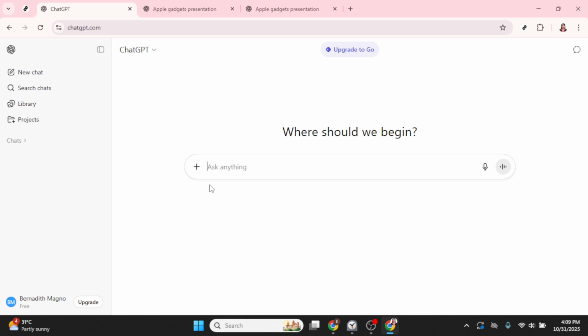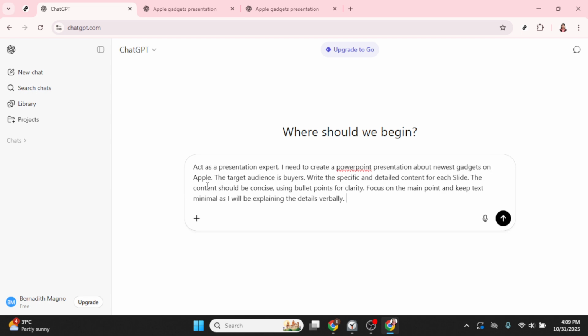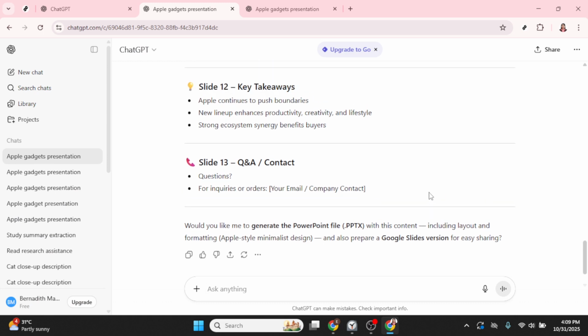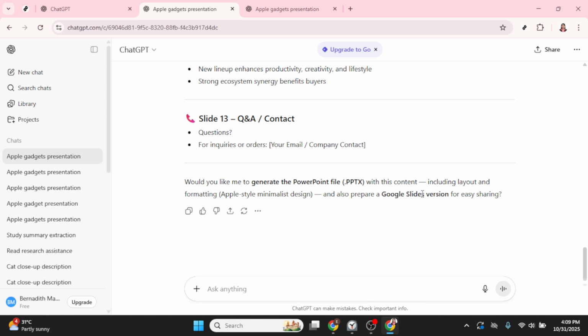In this field, you will start by typing your first prompt. Consider crafting a clear and specific entry, such as, create an outline for a presentation about renewable energy. With your prompt set, simply press the Submit button. ChatGPT will process your request and generate a response, which will include a structured outline that you can use as the foundation for your presentation. If you're satisfied with the response, you're ready to move on to the next stage, where we'll incorporate these ideas